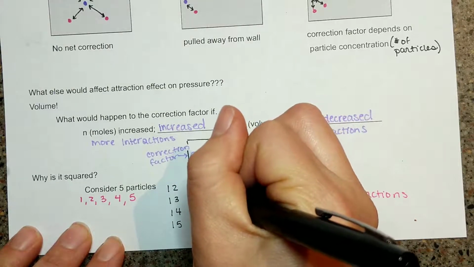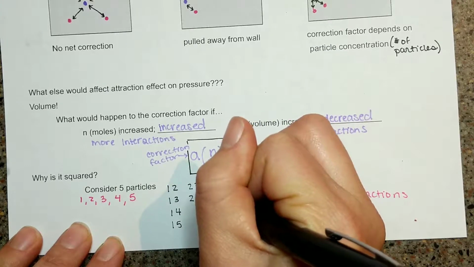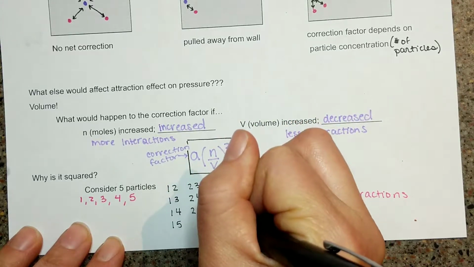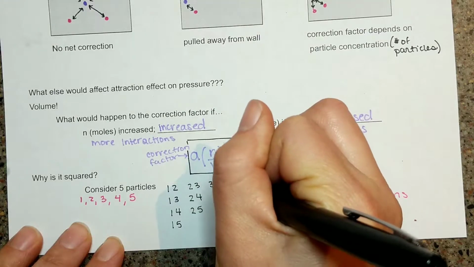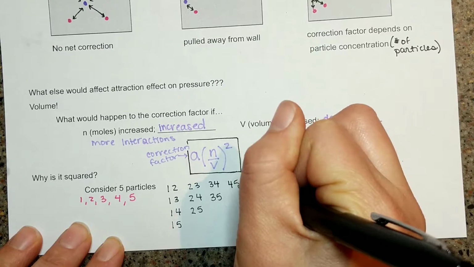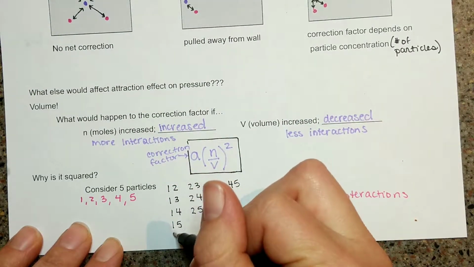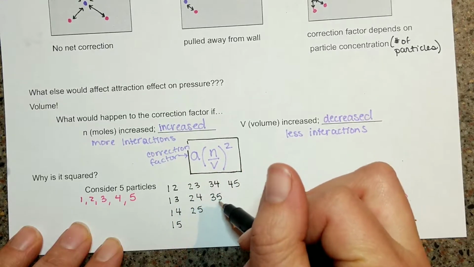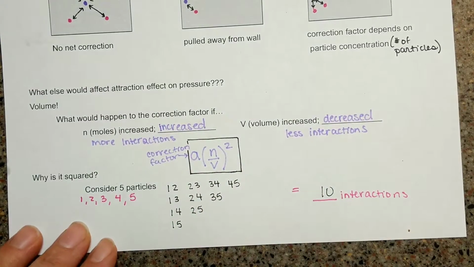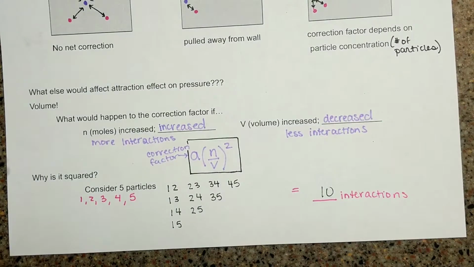Also, particle 2 can be attracted to particle 3, particle 2 can be attracted to particle 4, and 2 to 5. And then 3 can be attracted to 4, 3 can be attracted to 5, and 4 can be attracted to 5. That means there's a total of 1, 2, 3, 4, 5, 6, 7, 8, 9, 10 total interactions. So that means that there's a lot more interactions just for having 5 particles. If we extend that out to 10 particles,